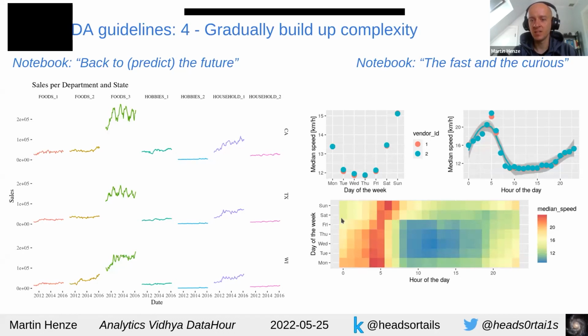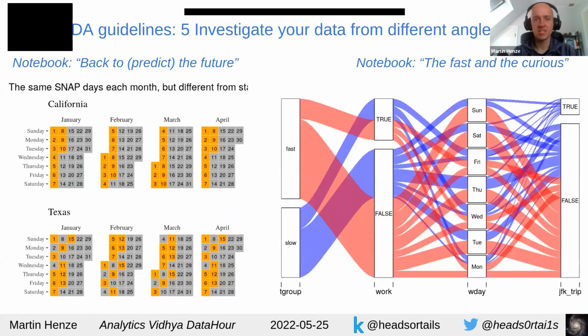So, right, in a similar way, you can use these heat maps to combine some features that can be categorical, they can be ordinal. Hour of the day is an integer feature essentially, but it doesn't take that many values, so that makes it easier. But heat maps are a great way to figure out, are there some patterns in your data? Are there some things that come out? So you build up this complexity, you bring in more feature relations, and it will tell you more about your data, right? And then, once you have these basics down, you can start looking at things from